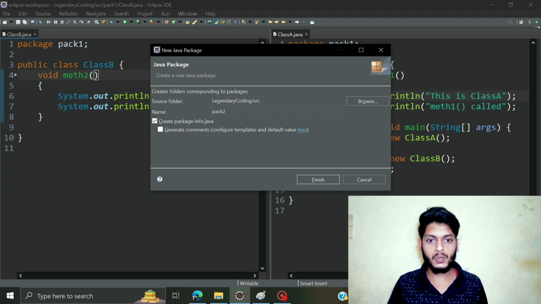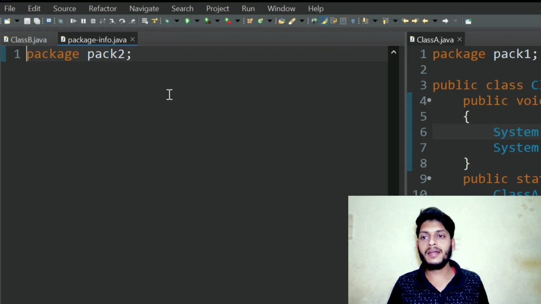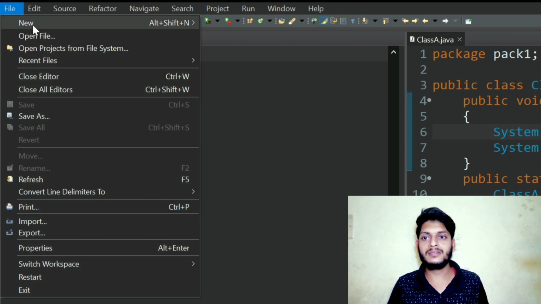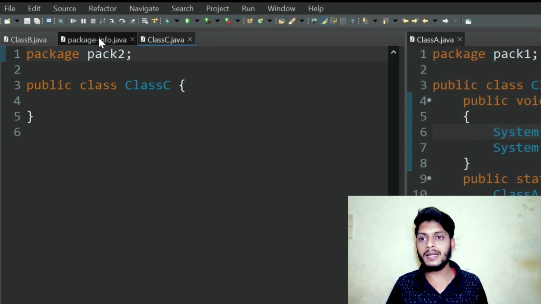So guys, I have already created pack2, and now I'm going to create another class, and I want to create that class inside pack2, guys. So let me create a class, and I want to create that class inside package 2 guys. आप देख सकते हो ये पैकेज 2 है, तो मैं पैकेज 2 के अंदर में जो क्लास मेरा क्लास सी है वो क्रिएट करने जा रहा हूँ गाइस। सो आप देख सकते हो ये मेरा क्लास सी है।